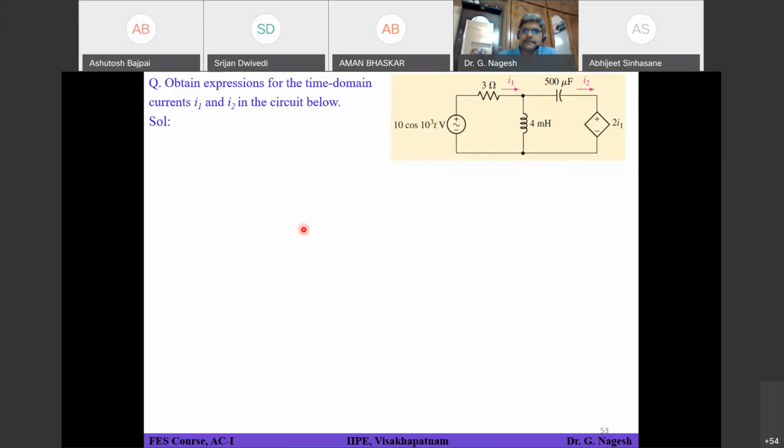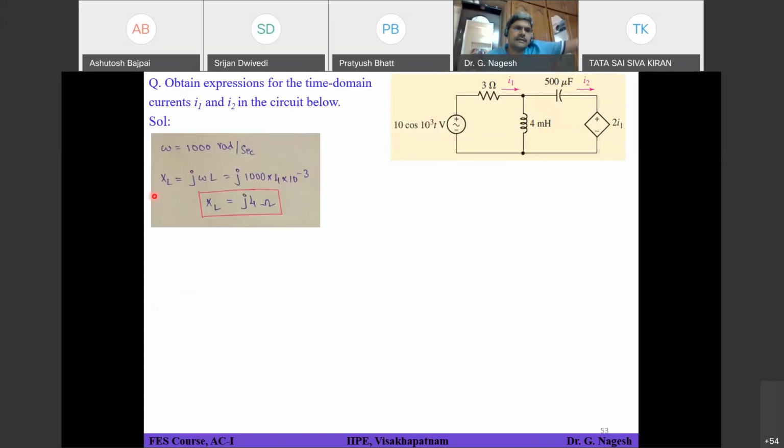And what about this voltage? The phasor equivalent of this voltage? 10 at an angle of 0, sir. It's 0, because it is straight away given in cosine function. If it's in sine function, then you have to convert into minus 90 in cos format. Since it is already given in cosine function, there is no need to add plus 90 or minus 90. You will get 10 at an angle of 0 degrees.